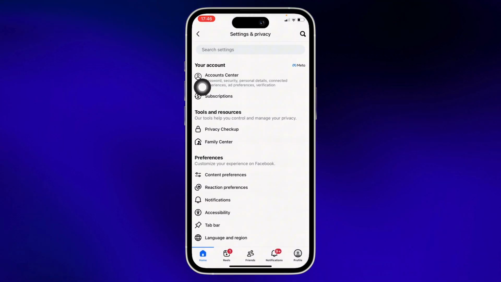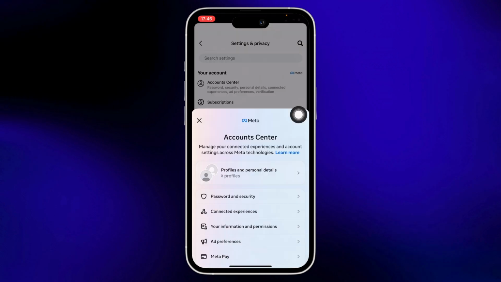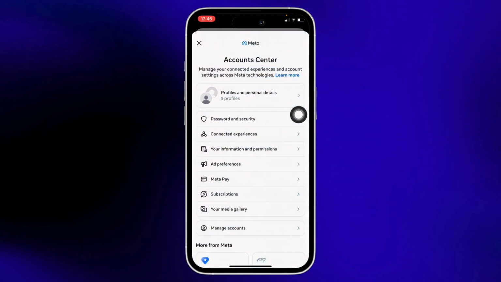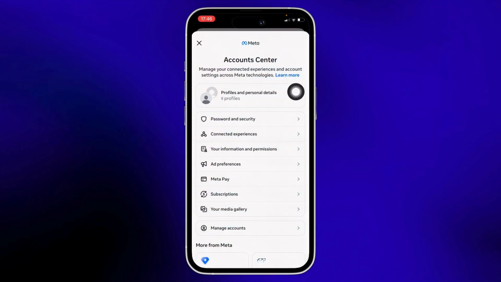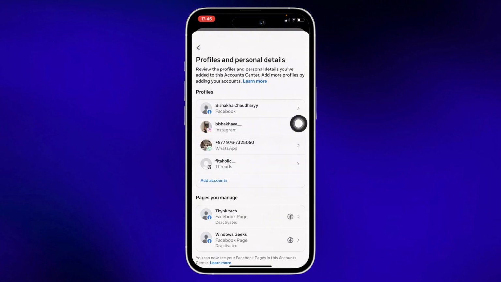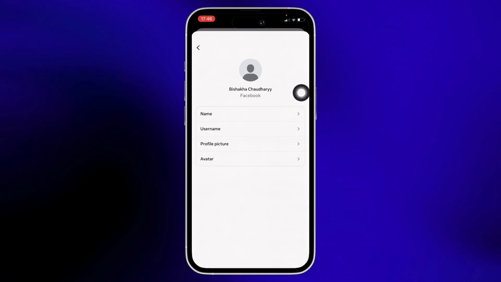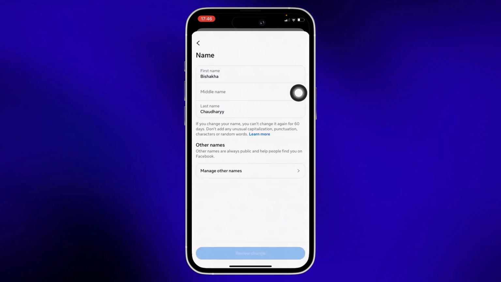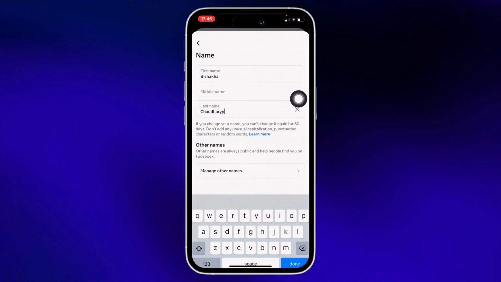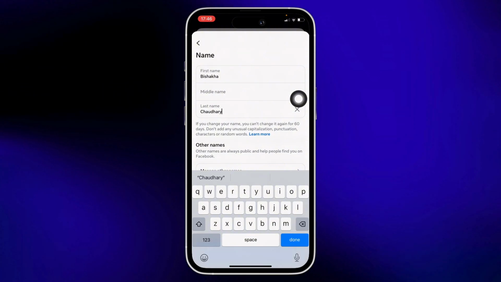Further, go ahead and tap on the account center option and here you will see the option for profiles and personal details. Tap on it. Here, tap on your profile name whose name you want to change and here you will see the option for name. So tap on the name option and then go ahead and make any required changes that you want